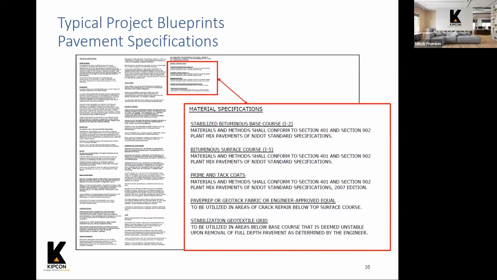There's certain types of asphalt that need to be used, and it can't just be any asphalt. It has to be based on a standard. In this case, the written portion of the details refers to the different asphalt mixes that are allowable for the different layers, and they are based on portions of the NJDOT standard specifications. This is a New Jersey job. This is New Jersey specifications. Different states will refer to different specifications within that state. And just some other materials, what other materials that are typically encountered on a pavement project, and what the standard